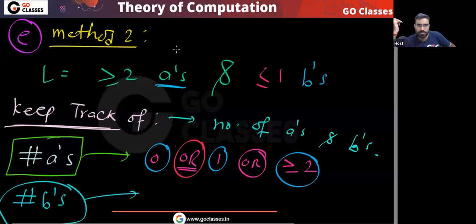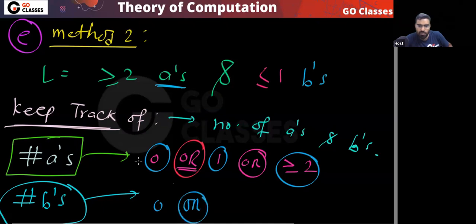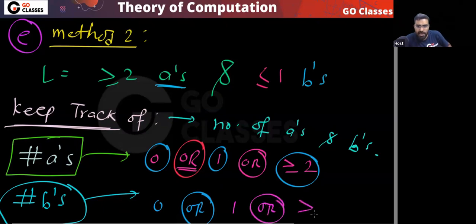For number of B's, what are the categories you can create? There can be 0B, or there can be 1B, or there can be anything greater than or equal to 2. Agree? Because remember, you can have 0 or 1, or anything greater than